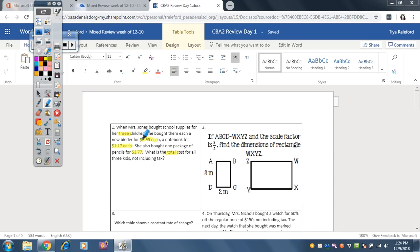So the word 3 is in words, not numbers. They do that to see if they can trick you. So just be careful. So you're going to have to multiply